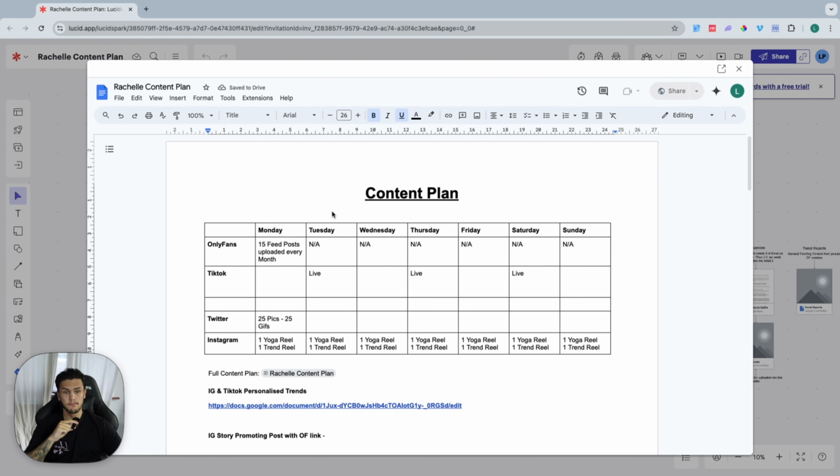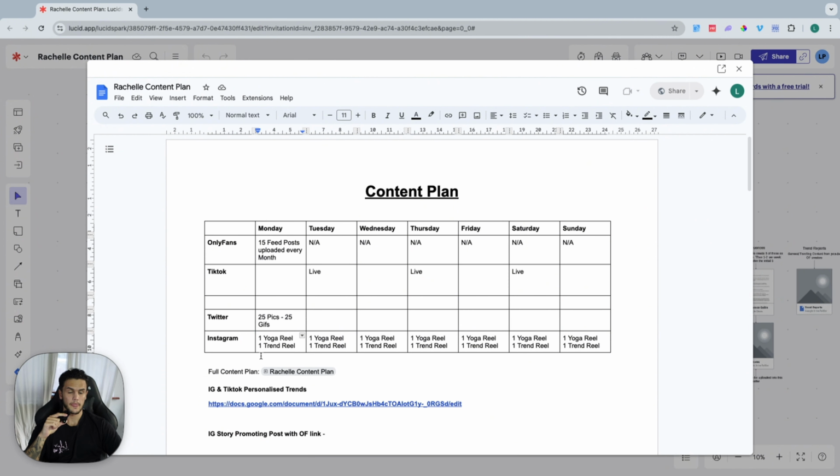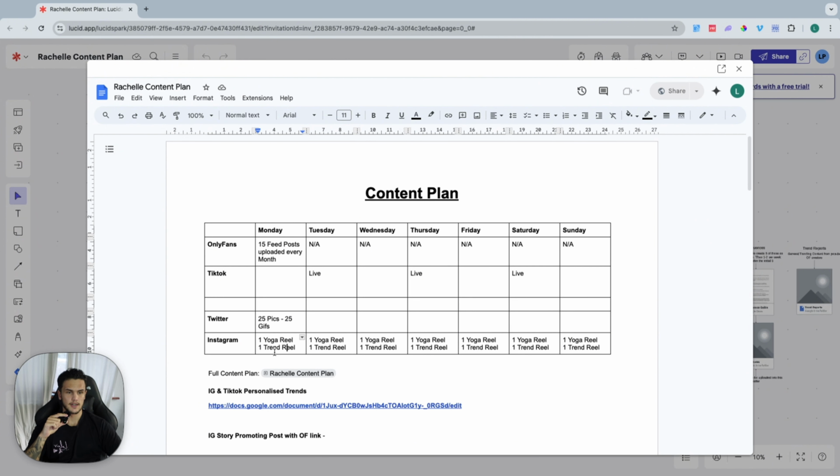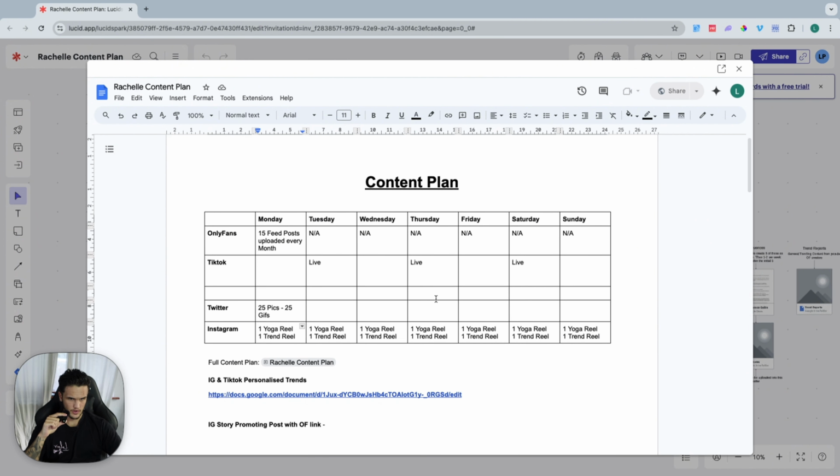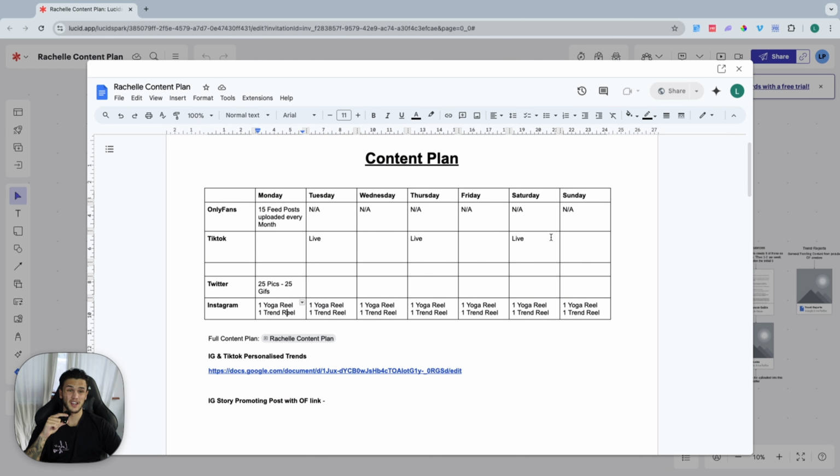So this is pretty much our actual schedule, right? It's Monday to Friday, what content we need, when she's doing OnlyFans posts, when she's doing TikTok, Twitter, Instagram, etc. As you can see, we're just doing 2 accounts for her at the moment, or 2 types of videos. We're doing a niche, and we're also doing just general Instagram trends, right? So this is what she'll follow Monday to Sunday, just so she knows exactly what to be making, when to make it,